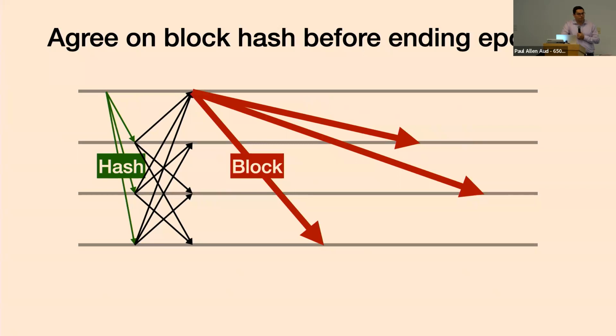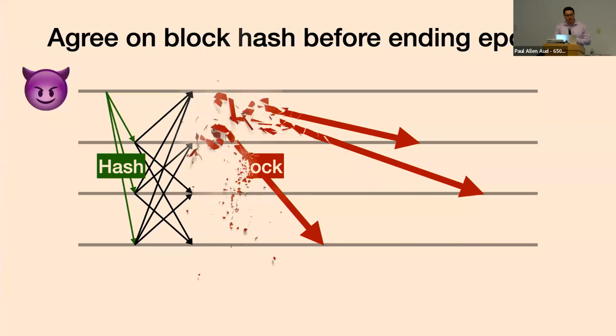This would actually ensure consistency, because once I've agreed to the hash, if I get the block, I can just go ahead and confirm it, because I know that all the other nodes will also only accept a block that matches the same hash. So fairly straightforward. But this approach doesn't actually work, because the node that proposes the block could be